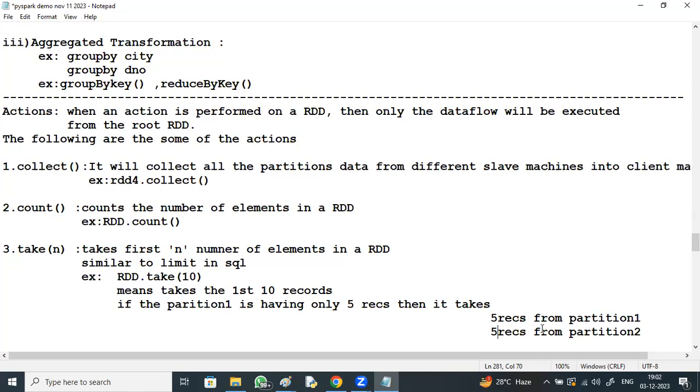And sir, if there are 20 records, then it will only give the first records. Yes, RDD.take(10) means it takes the first n number of elements.